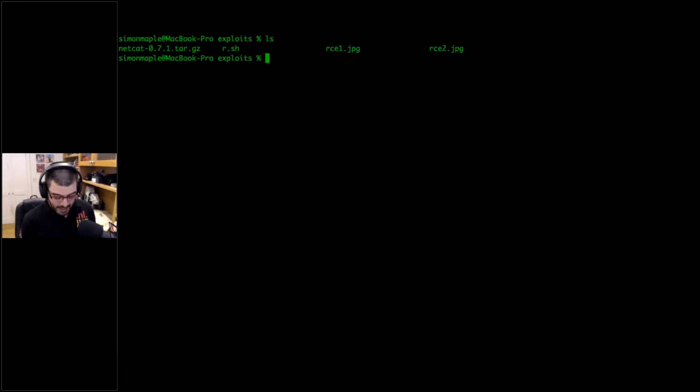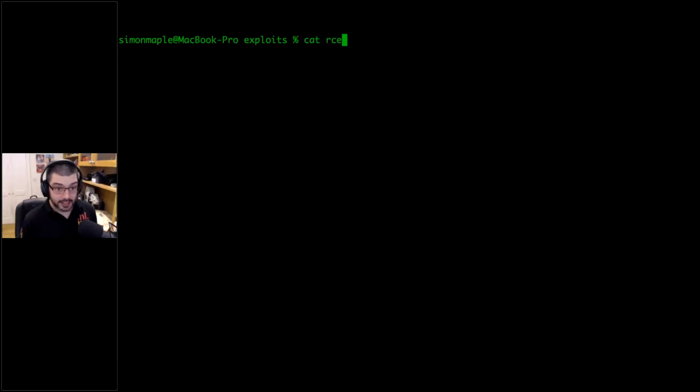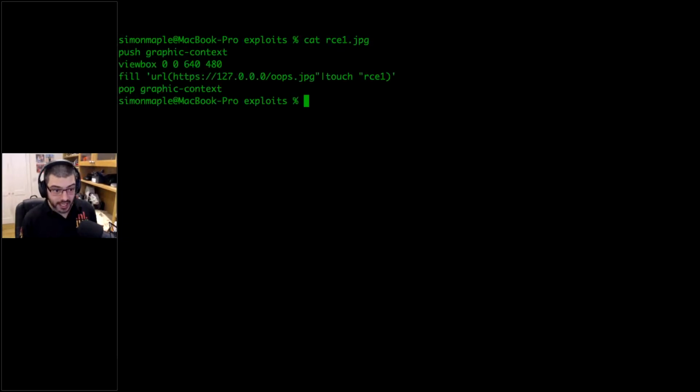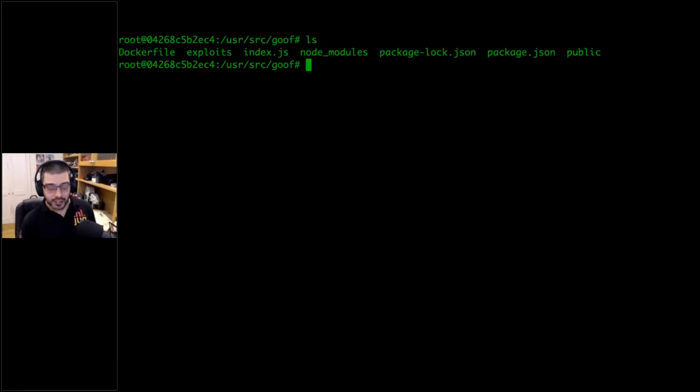I'm in that same exploits directory, and I'm going to cat rce1.jpg, and you'll see, in this case, what we do is we grab a URL, but as part of that, we actually break out and we do a touch of RCE1, the file RCE1. Now, I am in the Docker container here as well, just as a terminal. And I just want to show you here, there is no